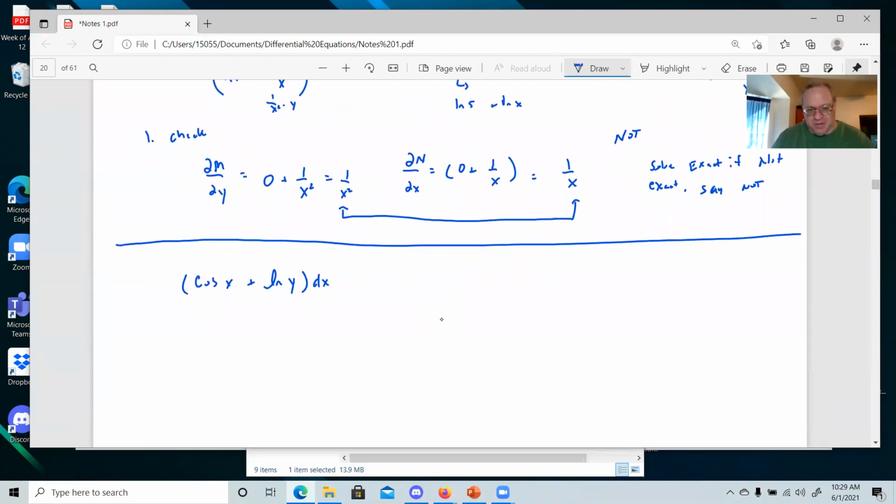So same thing going on here, right? y is not 0. Okay, so any region where y is not 0 is going to be fine. Plus, and then let's see, we have xy plus e to the y dy. And again, any region where y is not equal to 0 is a valid region for this thing to be continuous. Okay, so they'll sometimes specify that, sometimes they'll just assume that,